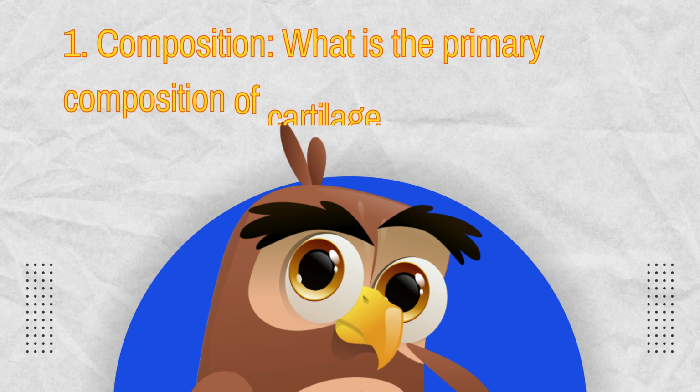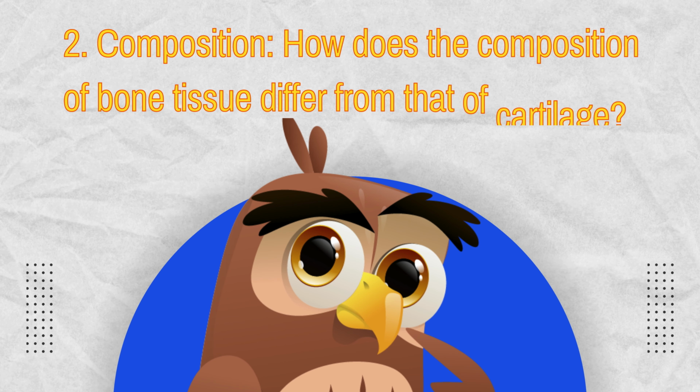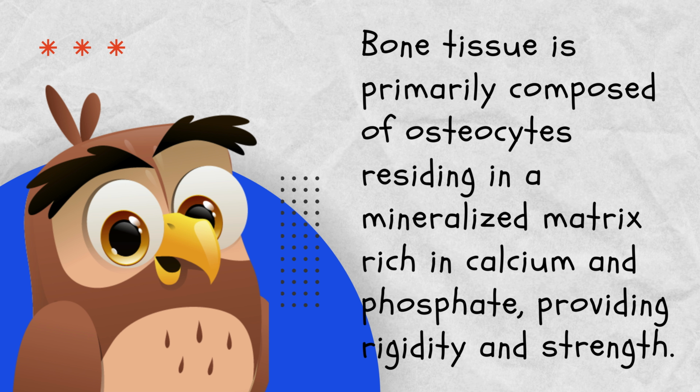1. Composition. What is the primary composition of cartilage tissue? Cartilage tissue is predominantly composed of chondrocytes embedded in an extracellular matrix containing collagen and proteoglycans. 2. Composition. How does the composition of bone tissue differ from that of cartilage? Bone tissue is primarily composed of osteocytes residing in a mineralized matrix rich in calcium and phosphate, providing rigidity and